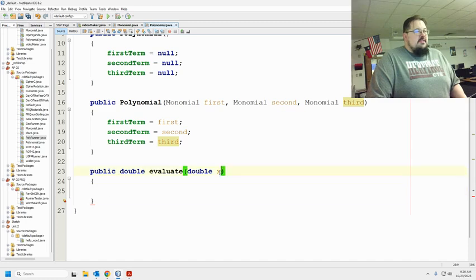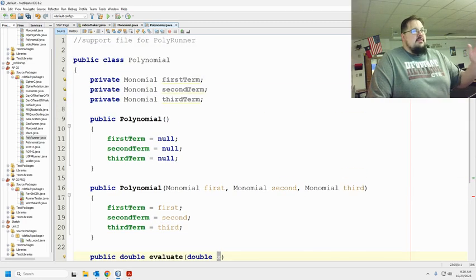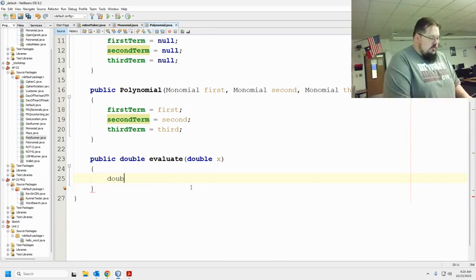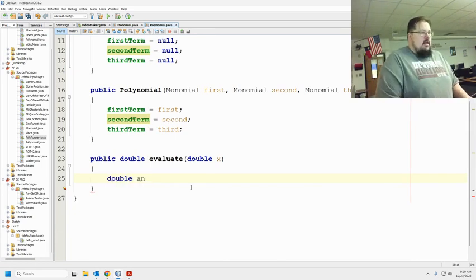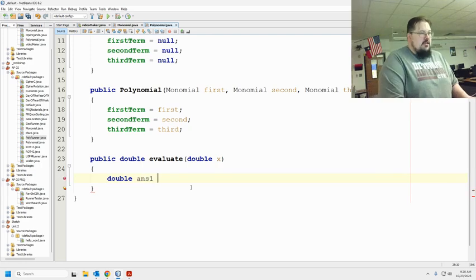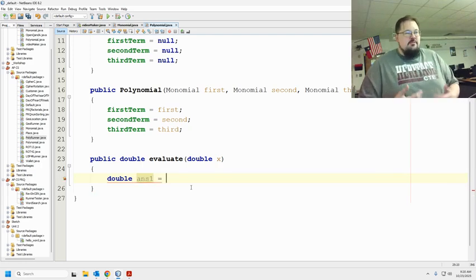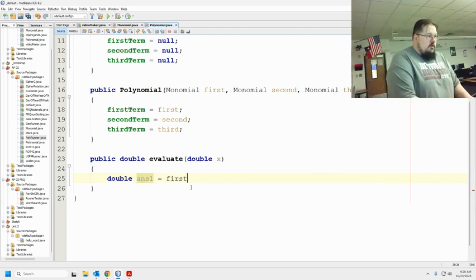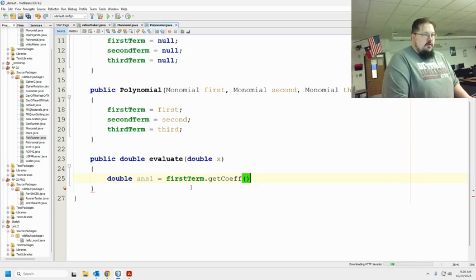So we're going to code it as if they could technically be anything else. All right, so this is the value we're plugging in, and then we have access to all these terms up here. Yay. Okay, so double answer. We could do it all in one, but I liked what I saw some people do where they split them up just to make it a little bit easier to deal with. Okay, so first term dot get coefficients, 2's I believe, times